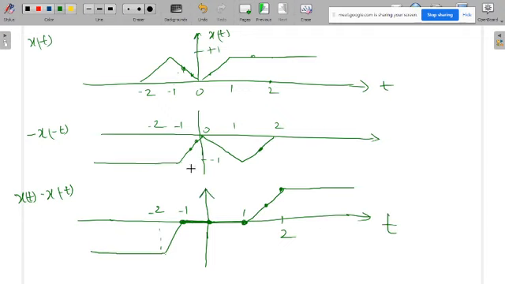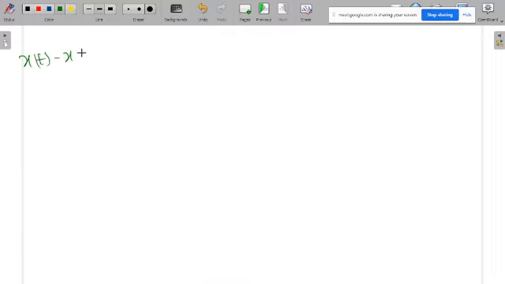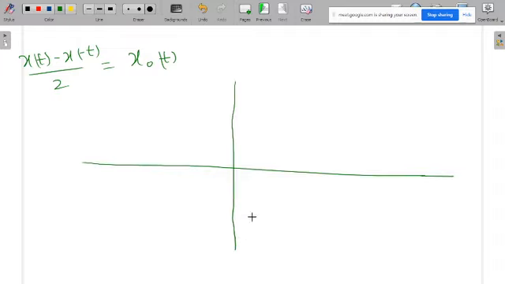Now finally I can write what is on the next side, but with the scale of 1 by 2 we have to apply, because all these amplitudes are now plus 1, here it is minus 1, so you apply that scaling 1 by 2. Okay, then finally x of t minus x of minus t by 2, that is equal to the odd part of x of t, that I can draw like this. This is minus 1 and then plus 1, but this is 0.5, okay, and this also 0.5 minus 0.5.